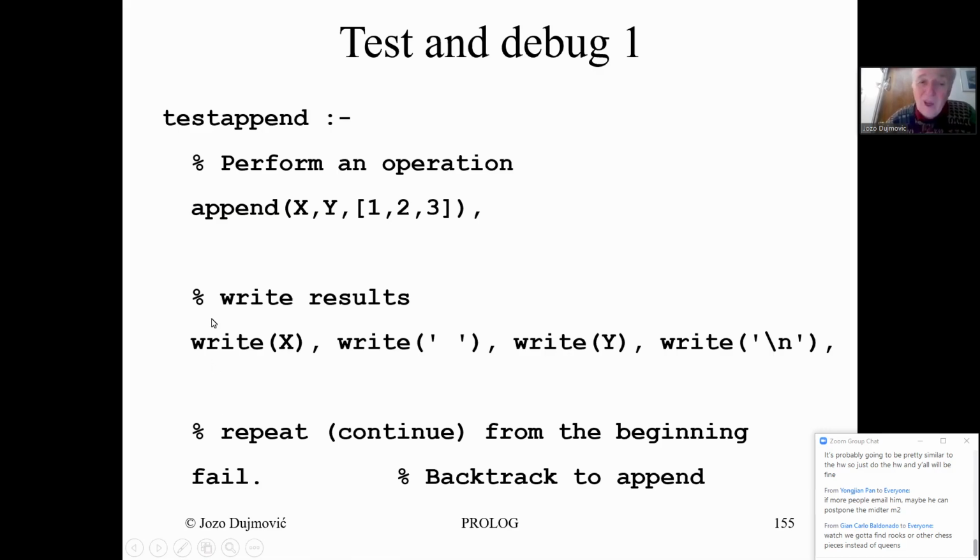Again, backtrack, and you go back to append, execute append, backtrack, go to append. So each time when append creates the results, it is going to display results and fail. Well, after you exhaust all these X, Y combinations, what is going to happen then? Well, then append is not going to work. It is going to fail and will go